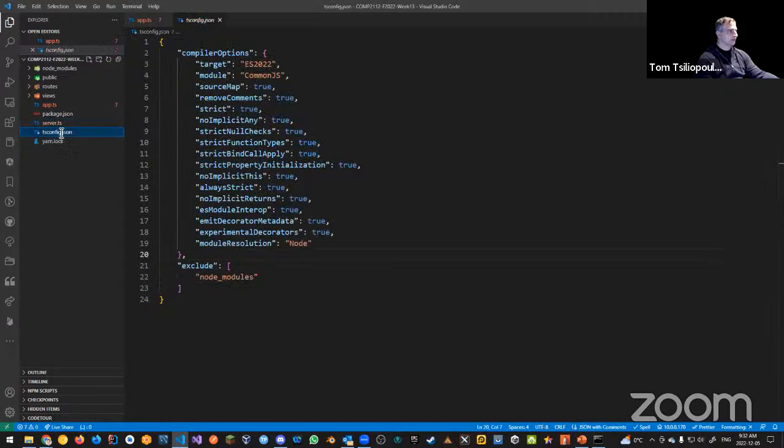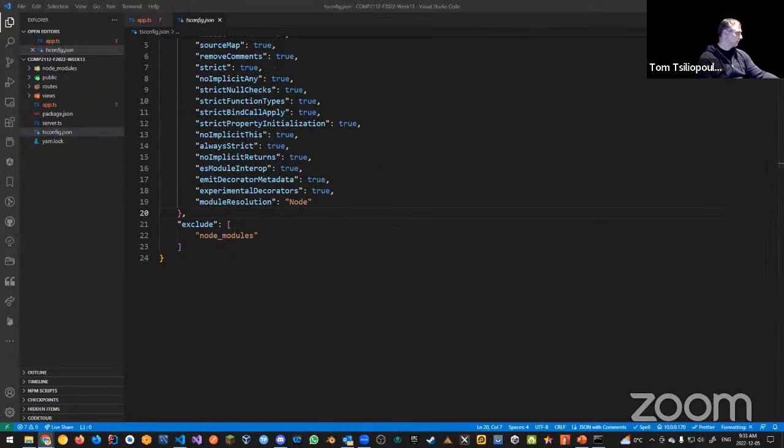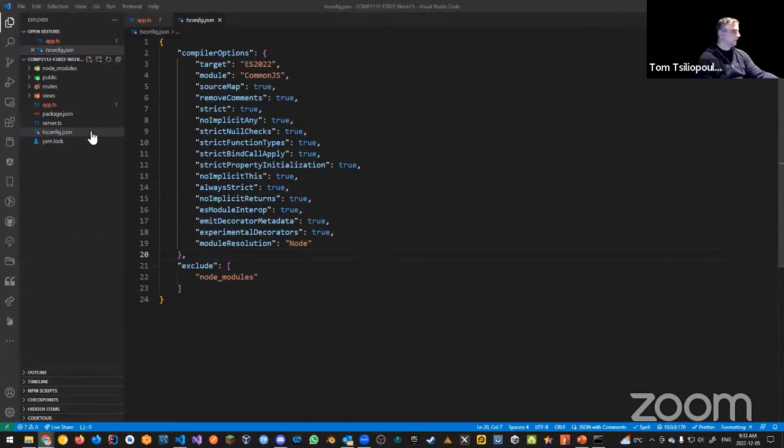We got a tsconfig.json file, which is everything that we need for our Node.js application. I'm just going to check my notes to make sure there's no issues with this one. And I think we're pretty good. Okay, so that is what we have so far.